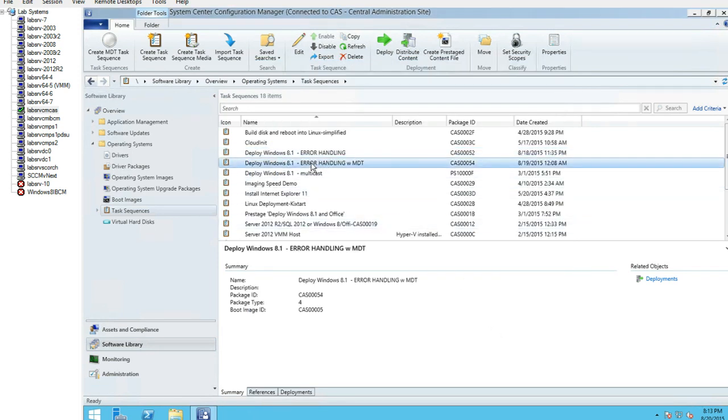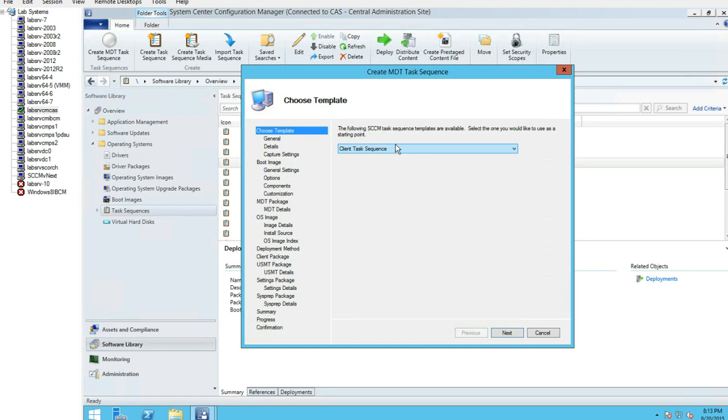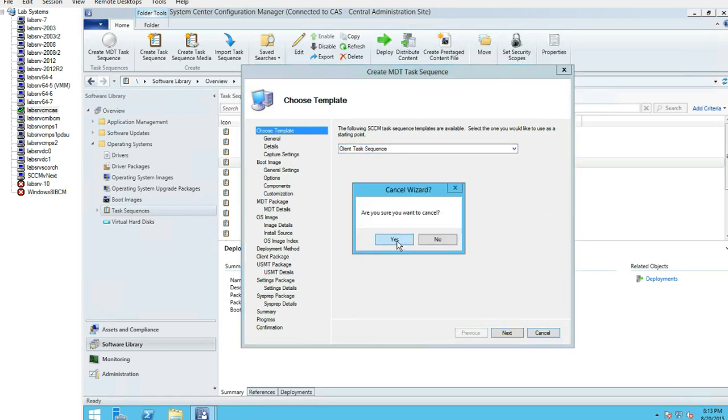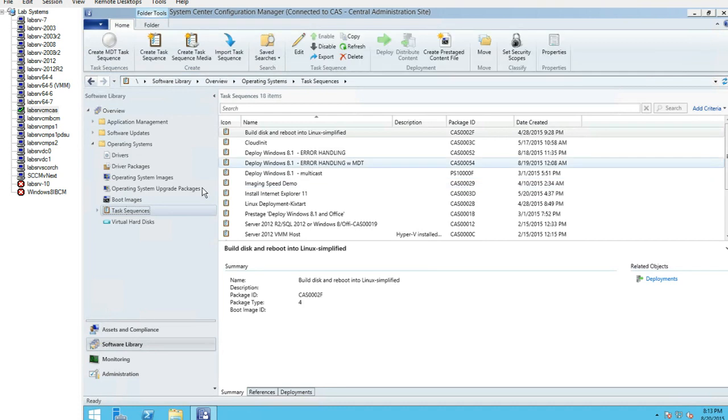How does MDT actually do it, right? So the way that I created this is simply going into my task sequence and saying create task sequence for MDT and choosing this and walking through this wizard. And it results in an MDT driven task sequence, very similar